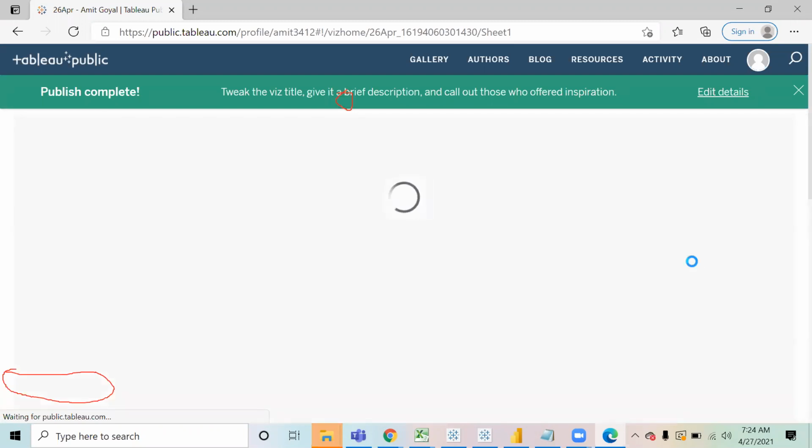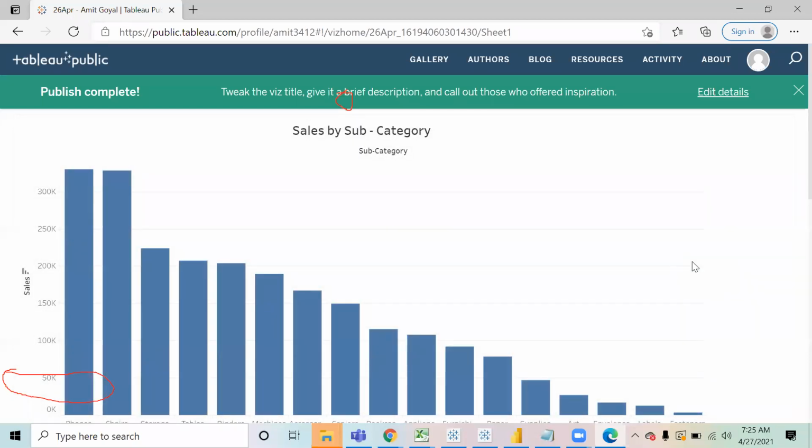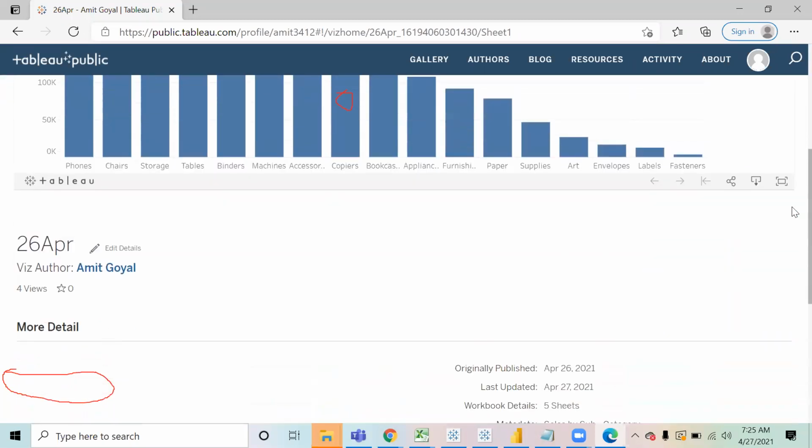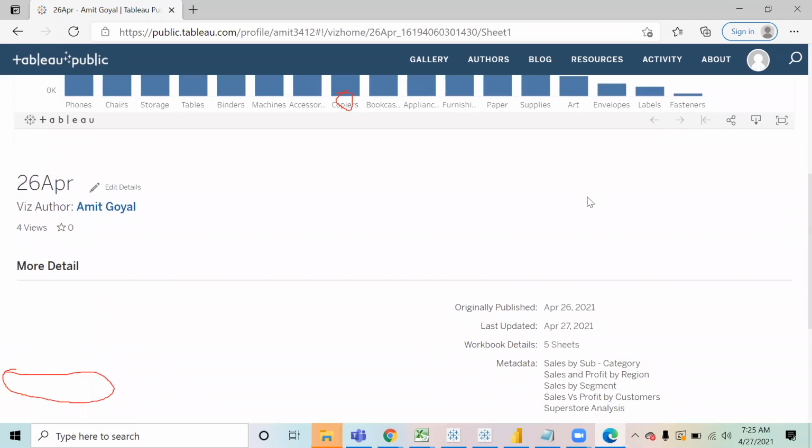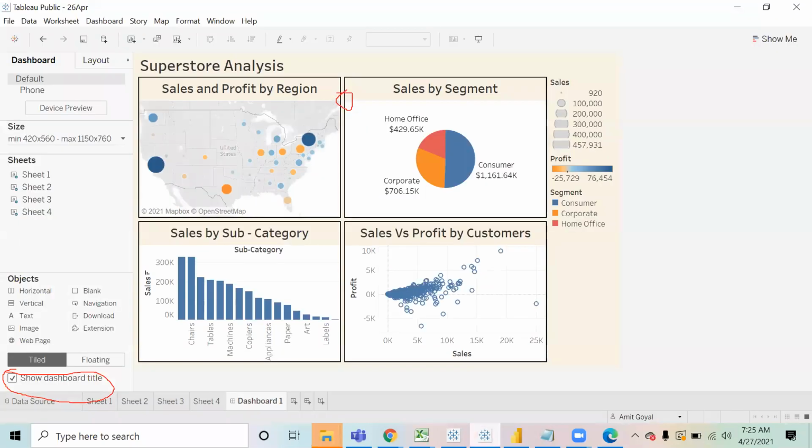Can we make changes in the sheets here also? No, not over here. You won't be able to edit anything on this. But the dashboards, can we change them here? No, you cannot change the dashboard either. Okay, got it. You cannot do any editing. Editing has to be done on Tableau Public only. You make the change and you republish it.